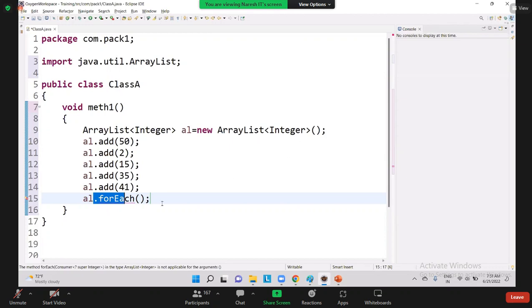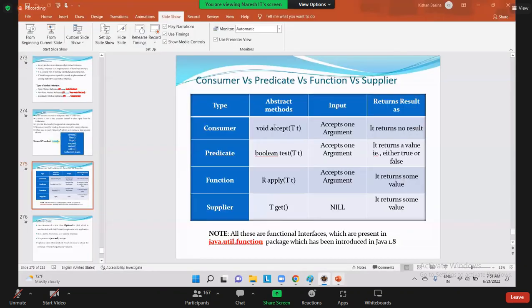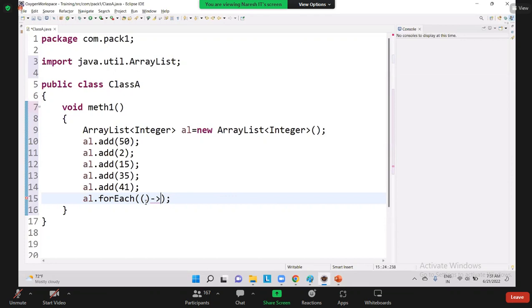Guys, please observe here. Simply what I'll be doing, you know how to write a lambda expression, right? First, what we need to write? Parenthesis, after that, arrow, like that. But here, guys, accept method. Is it a parameterized method or non-parameterized method? So we need to pass a parameter. Am I right or wrong? So let me try to pass a parameter as data. Sir, what is this data? Guys, it is just a